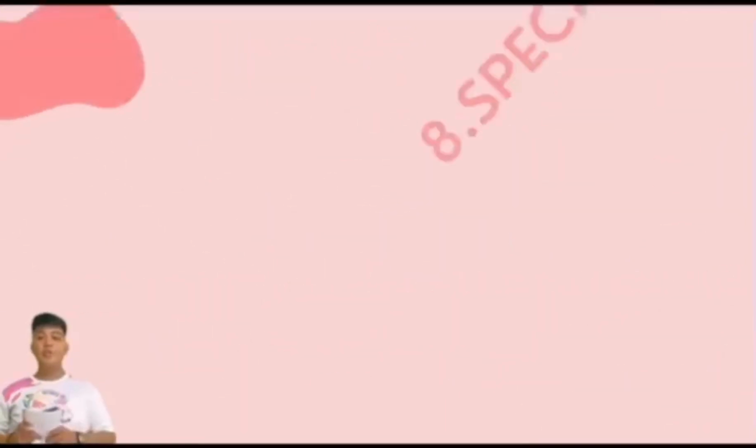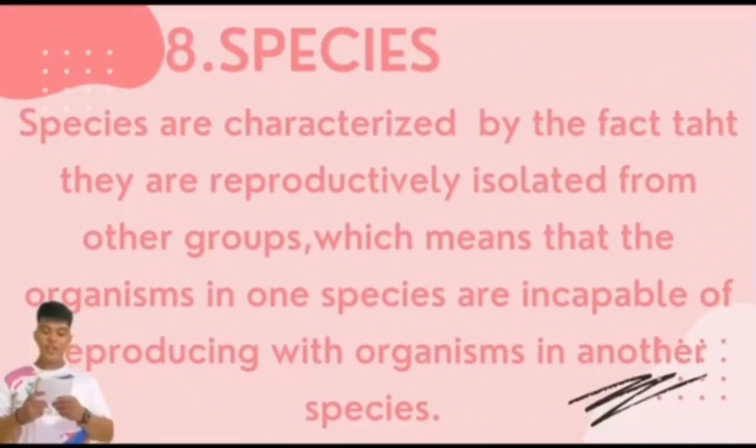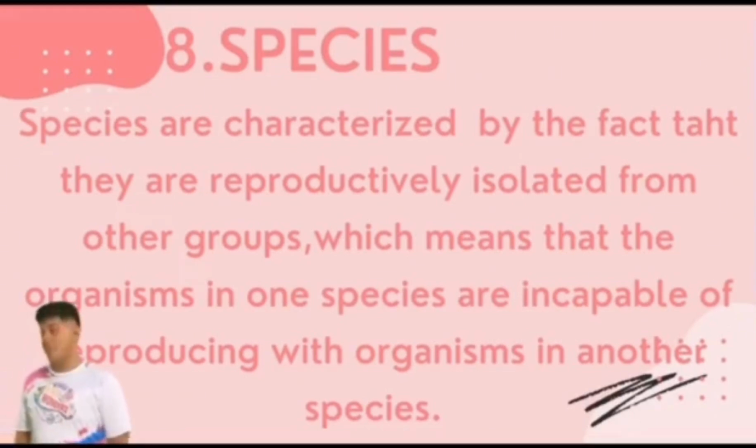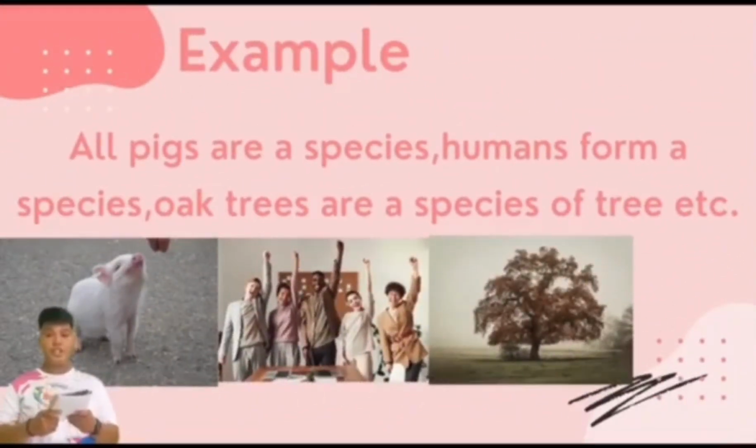Homo is the genus and sapiens is the specific epithet. So next is the species. Species are characterized by the fact that they are reproductively isolated from other groups, which means that the organisms in one species are incapable of reproducing with organisms in other species. So for example, all pigs are a species. Humans form a species, all trees are a species of